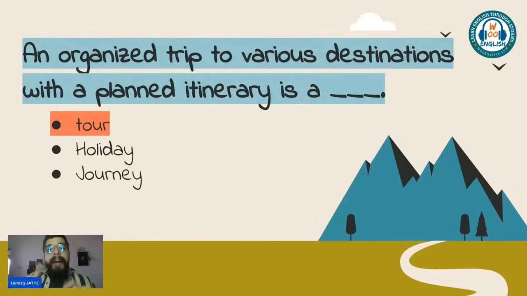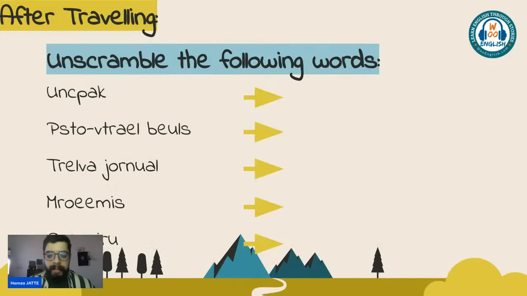But if you have a planned circuit, when you know I will go to this place, and after that I will go to this place, and then I will have lunch in this place, and then I will go to see a museum in this place, and after that we will go sightseeing in this place, and we will do an activity in this place. This is what we call a tour. And most tours are organized by travel agencies. Travel agencies, you remember them that we saw earlier. We call those travel agencies, and they organize tours where you visit different places.